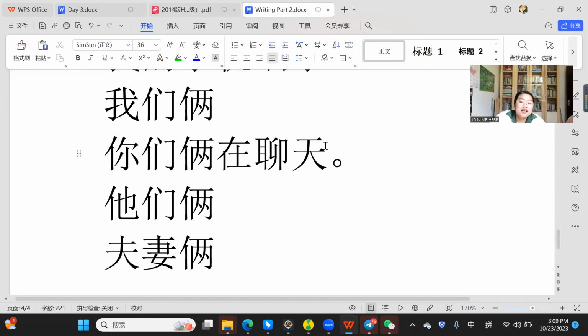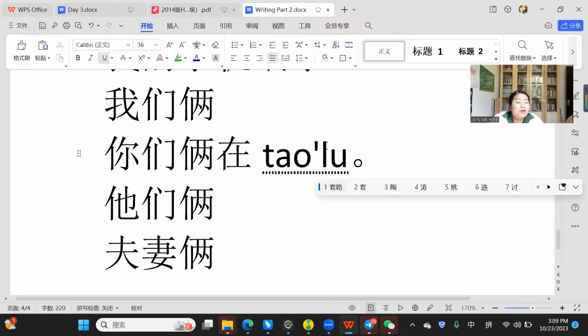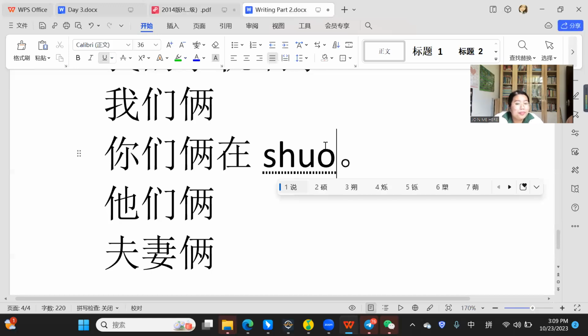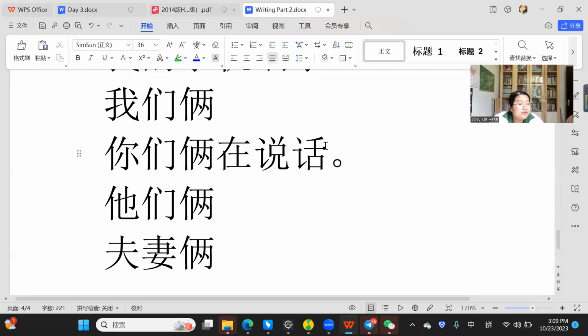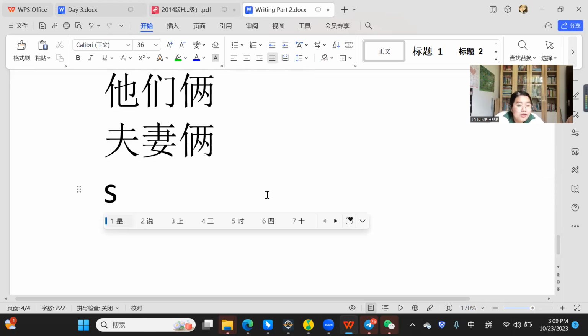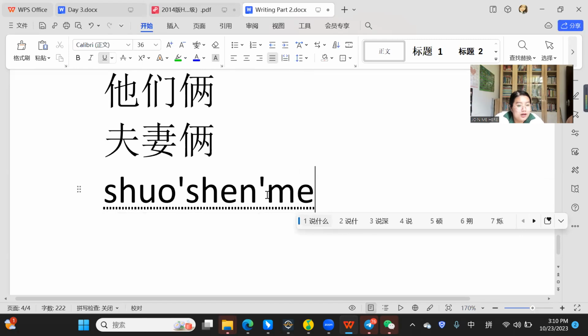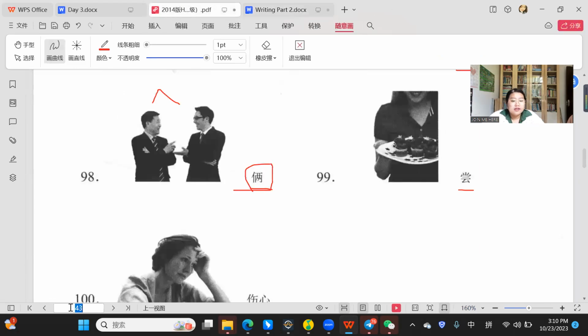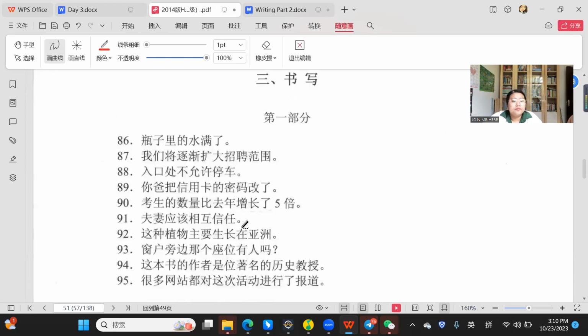And you can say 他们俩在讨论。他们俩在说话。If you use 说, you definitely have to put 话 because after 说, it always comes 说什么? What are you talking about? So you have to put 话 this one. 他们俩在说话，他们俩在讨论，他们俩在聊天，都可以。